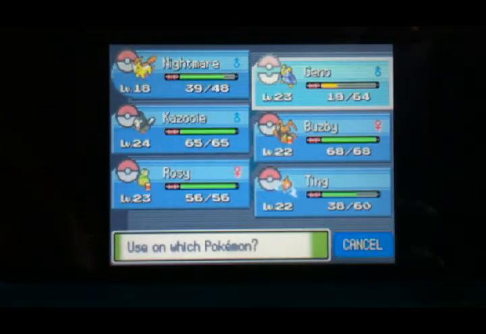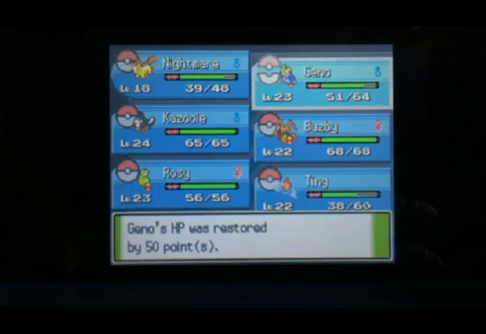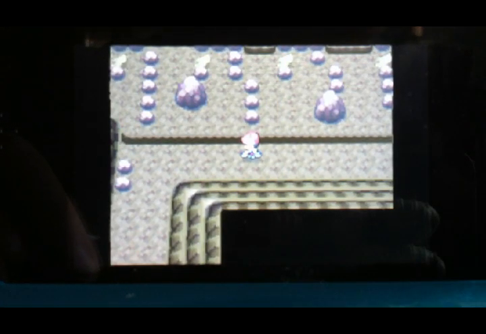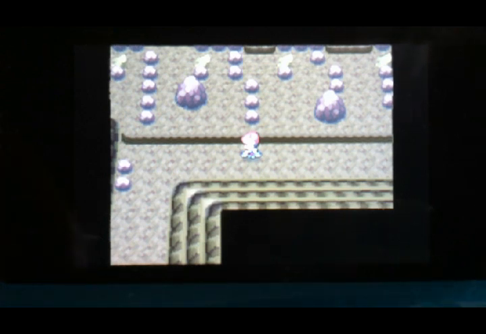Yeah, one thing, if you run into Gible down here, don't let him use Dragon Rage. That will pretty much take down almost any Pokemon at this level. I was just lucky that Prinplup had more than 40 HP, because that's how much it does. Anyway, that's the only item you can find down here, but what we're gonna do is we're gonna exit the cave and go to...